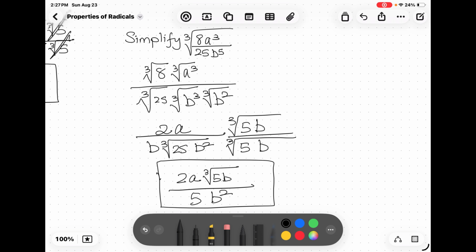If you had trouble with radicals in algebra or algebra 2, hopefully this will help you. And most of all, go ahead